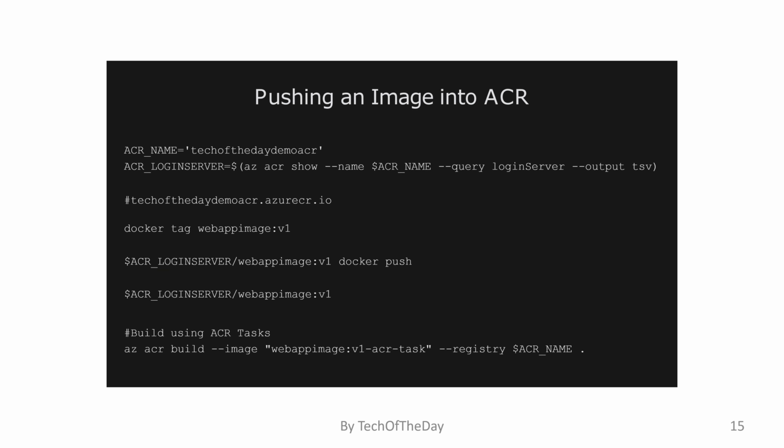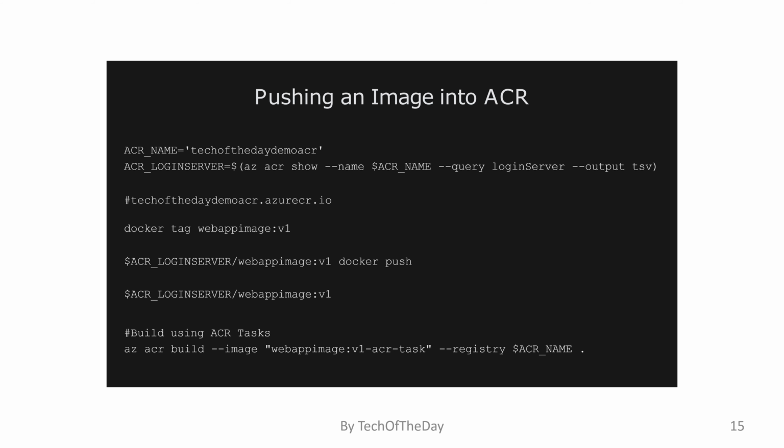Then next we need to get the login server for our Azure Container Registry. The login server is the public DNS name specifying the network location of our Azure Container Registry. We can get this in the Azure portal by looking at the properties for our Azure Container Registry, but we can also retrieve it at the command line with the az acr command, specifying the container registry name, and then we can use the query parameter to extract the login server field. That value will then be stored in the environment variable